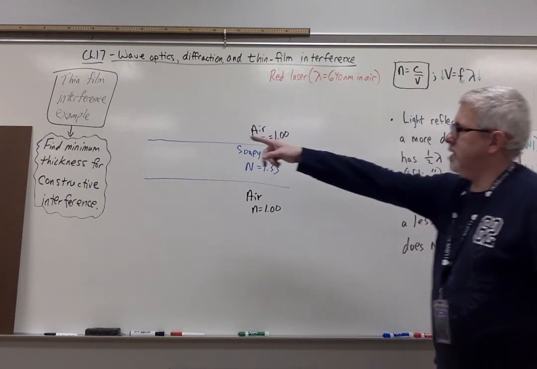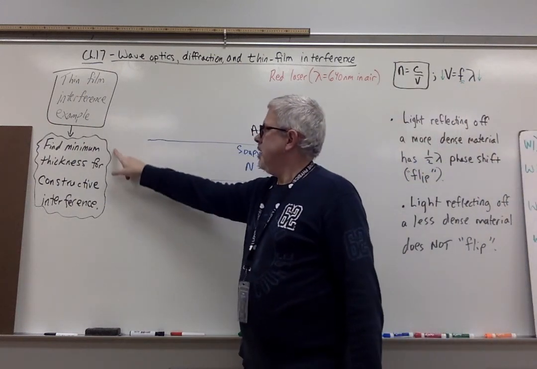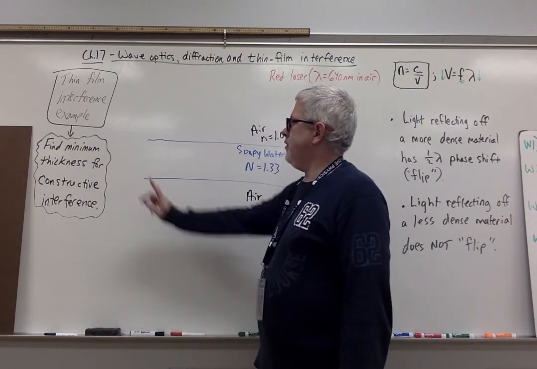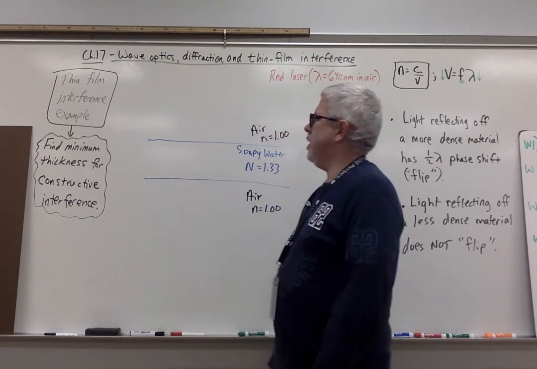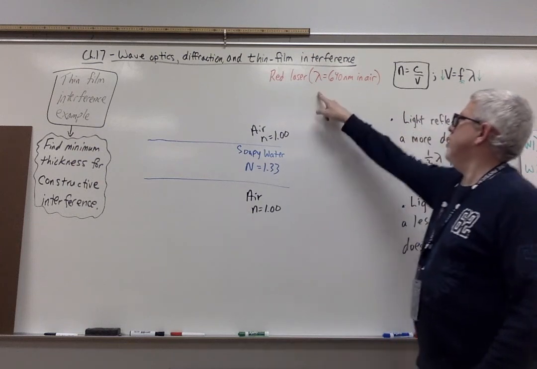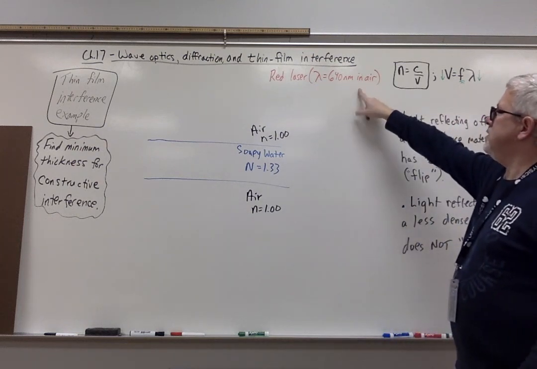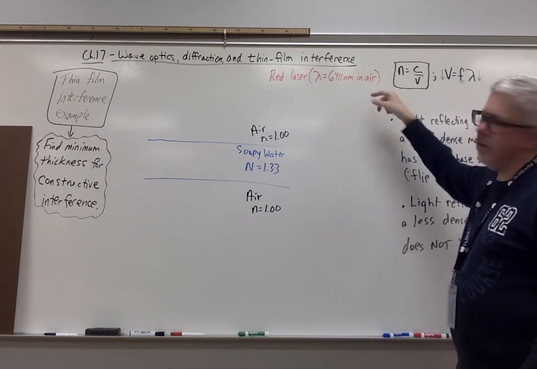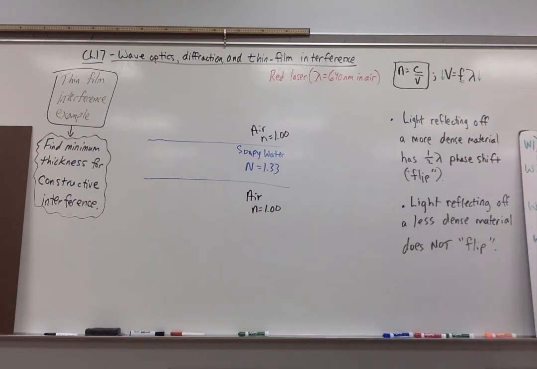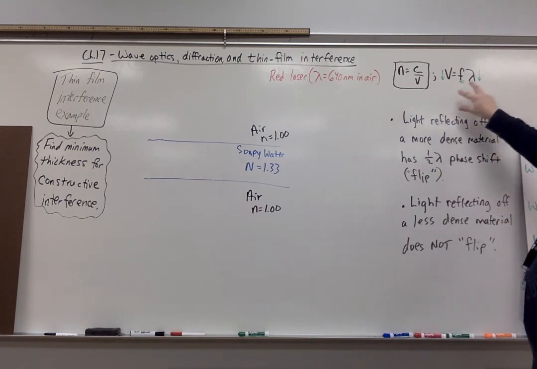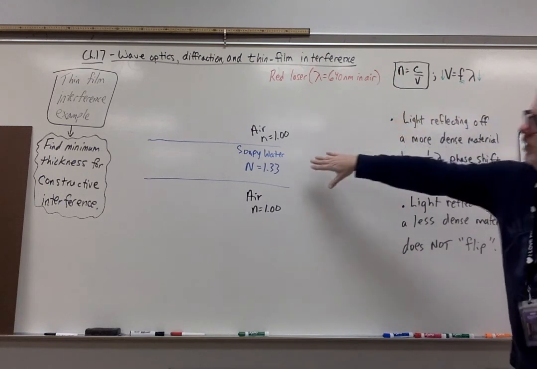So I'm going to do an example with thin film interference, a numerical example, and I want to find the minimum thickness for constructive interference for a red laser where the wavelength is 640 nanometers in air, or you could say that that would be in a vacuum. These are the principles that I talked about before. Also something to remember in terms of the fact that the wavelength can change